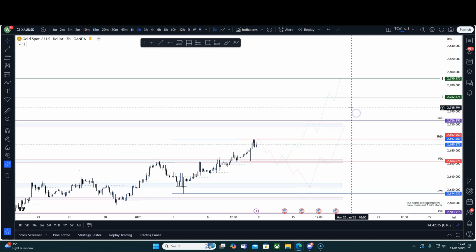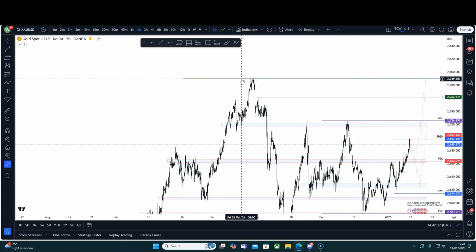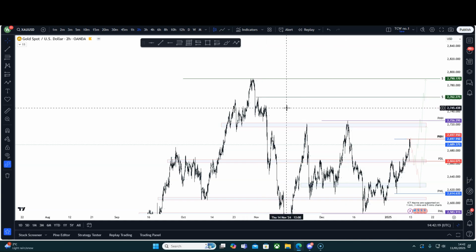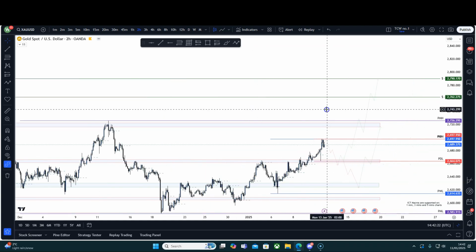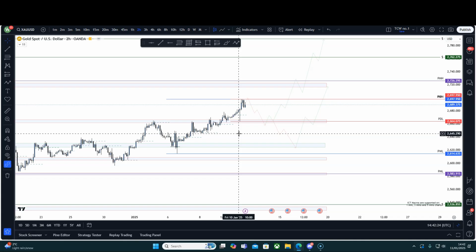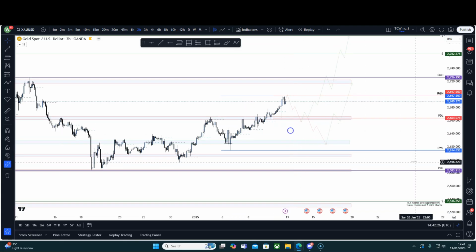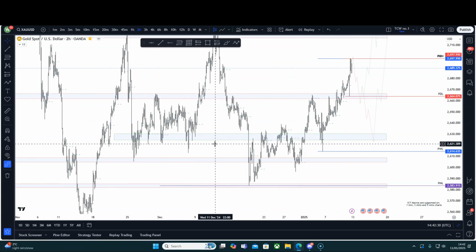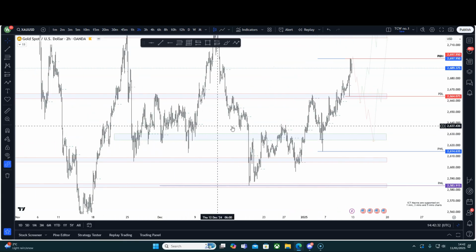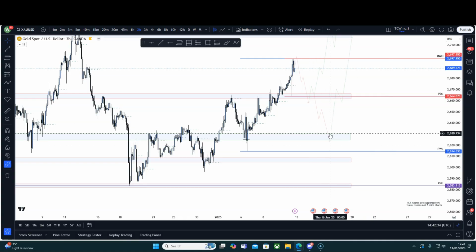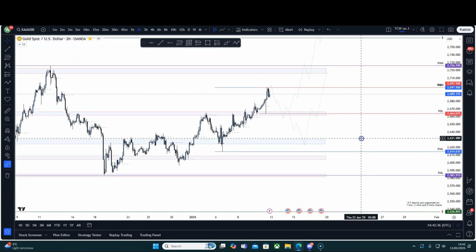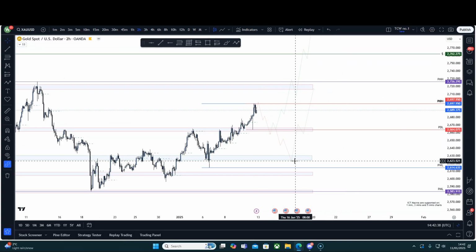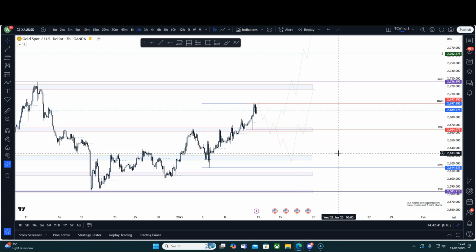I will scale out there, and then up to these areas of liquidity, which is all-time high and a candle high up here. Now, if we fail to bounce immediately, we could see that deeper pullback into discount, which I believe will take us to this solid area here. I will look for the market shift to then take price higher. Either way, if we get a deeper pullback, the move to the upside will be much higher.